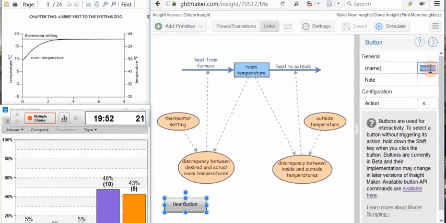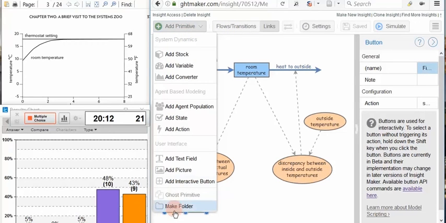And I also want to change the name. This is going to be the scenario for figure 16. So let's call the button figure 16. What I envision doing is having more buttons down there, each representing a different scenario. Maybe, just because I like things to be pretty,